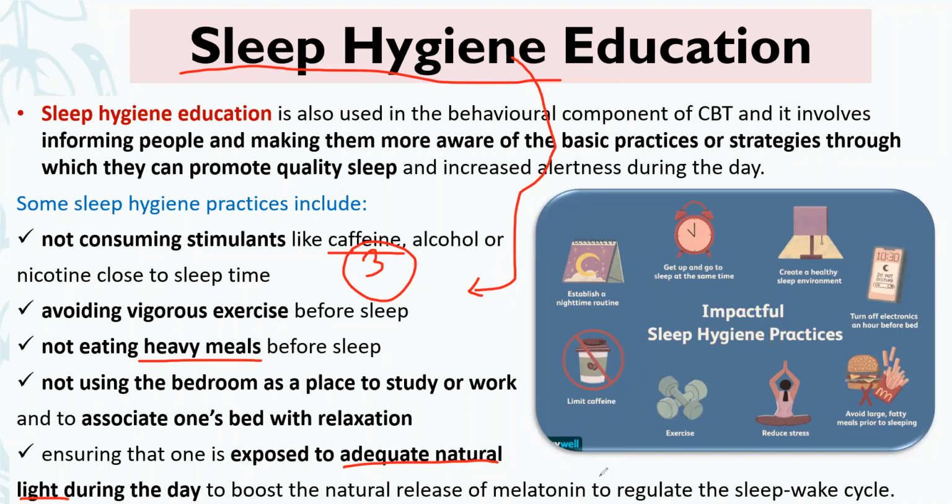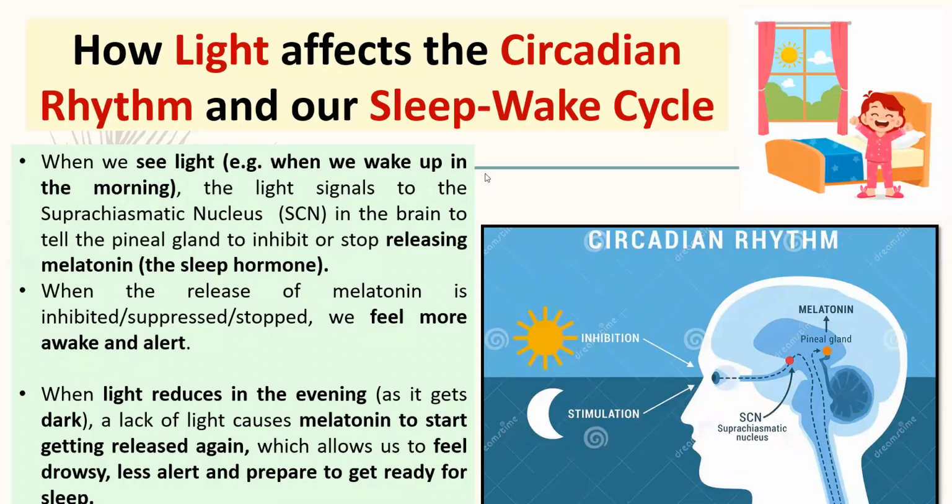Like I've experienced that myself, and I know that that's probably one of the main reasons why, okay, not having exposure to natural light. So speaking of natural light, just as a recap, it's important for you to remember how light affects your circadian rhythm and your sleep-wake cycle, okay? When we're talking about light, we're talking about the fact that when we go outside and we see light in the morning, or when we open our blinds or we open our curtain and the light comes in,